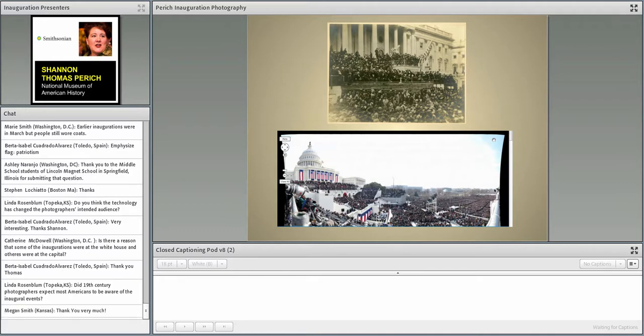What I think technology has changed is the access to images. Of these historic images that I have shown you, the only one that you probably don't have easy access to is this second inauguration of Lincoln. If you go to the Library of Congress, the Smithsonian website, or the National Archives, all of these images are available to you, and that hasn't always been the case. So when you find a topic that you're interested in, you become a part of the photographer's audience that he